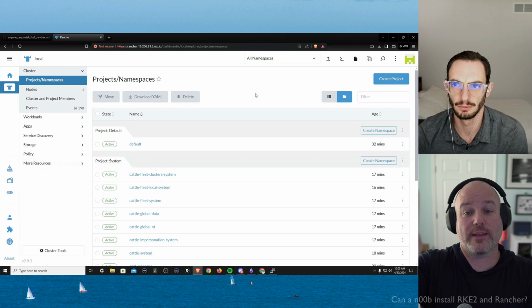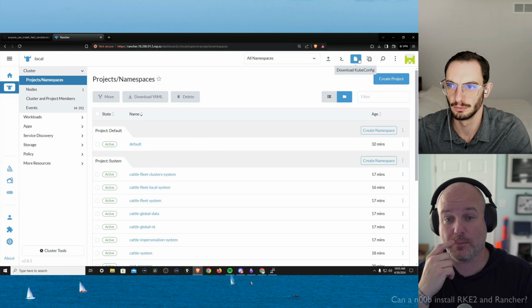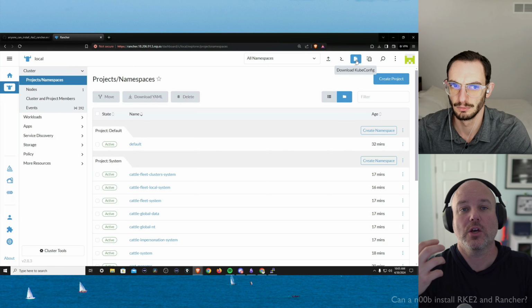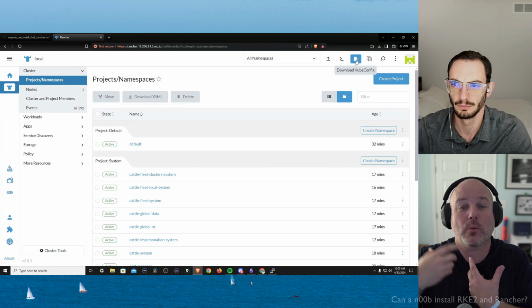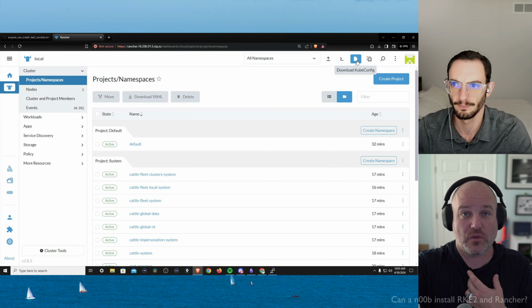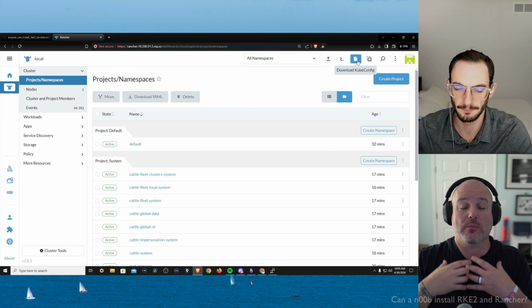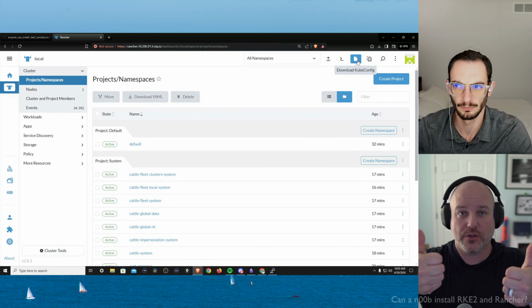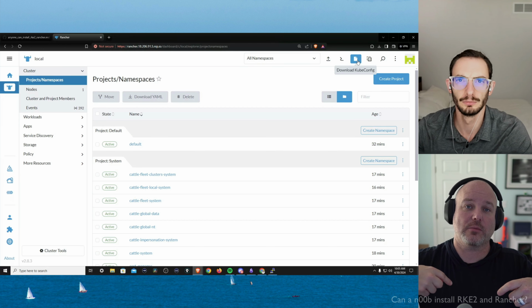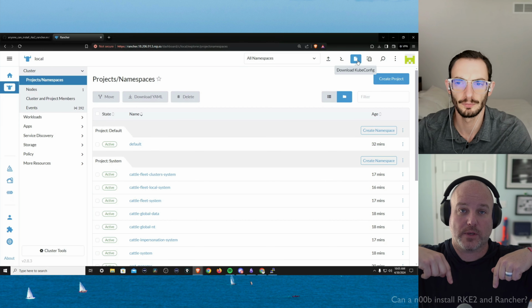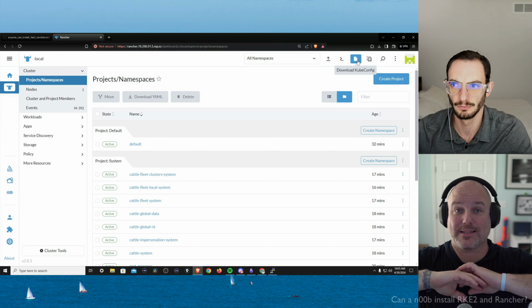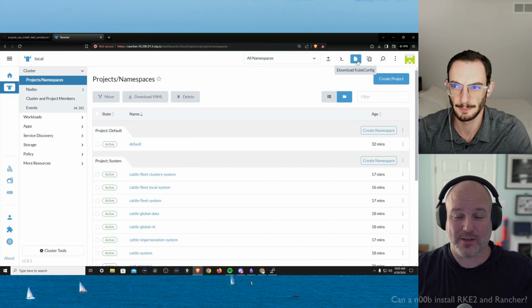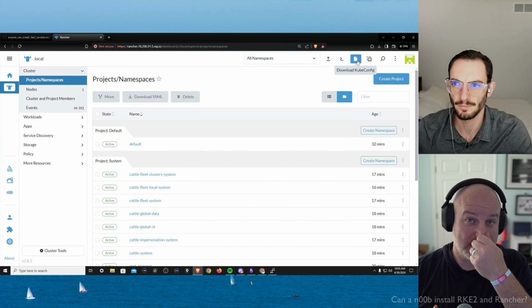Go to the next icon at the top and see it says download kubeconfig. Remember we had that kubeconfig file on the server. This is a way that I can go to my client workstation. I've already authenticated to the browser, Rancher knows who I am, I can download that kubeconfig and I can run it locally. So that's number 3. That is not the way to do it either. Again, very good for dev and test, not prod.